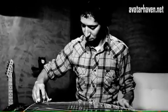This is a guqin. It's a Chinese zither. The instrument was created thousands of years ago. That was in Uncle Iroh's, that was like his final song to his... That's right, yeah, we used it in...